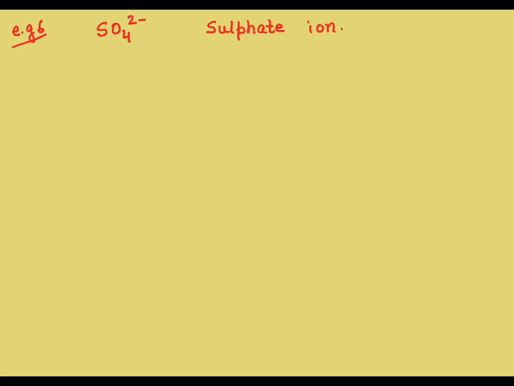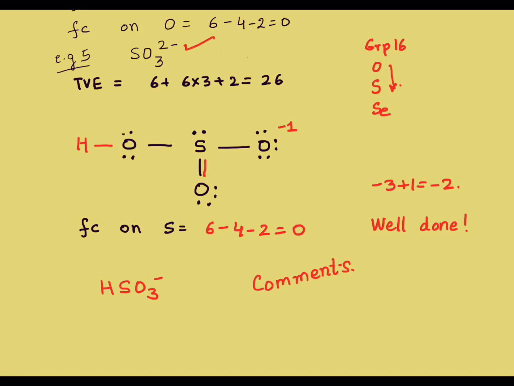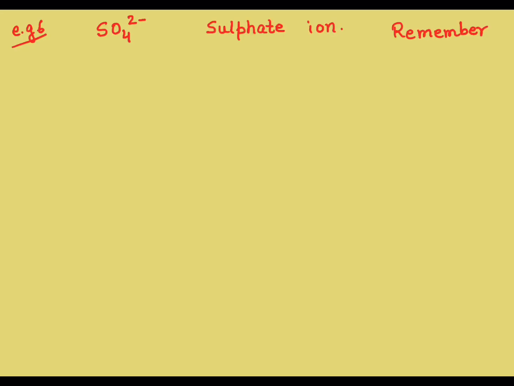Let's come back to sulfate ion, SO4 2 negative. Now try this structure, but remember an important learning from the last structure that we have drawn. And what is the learning that we did? That our host has to be happy. Our host is a big hearted person, is a very kind person, and is able to form more than 4 bonds. Isn't that a big hint? Go ahead, try it.